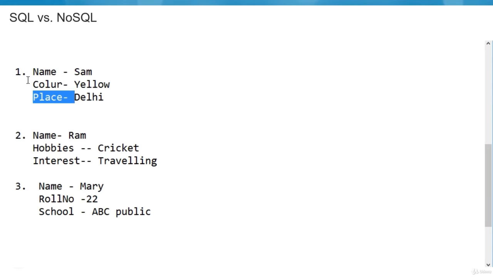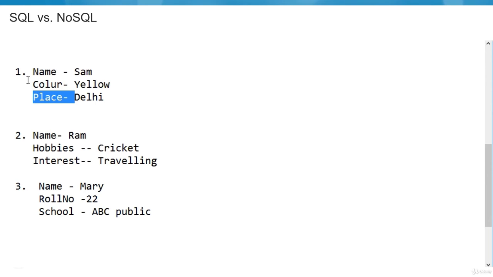So for that kind of data which is coming from various sources and is not related to each other, but we need to store it in a place because maybe we need to do certain analysis, that kind of data is actually stored in NoSQL databases.